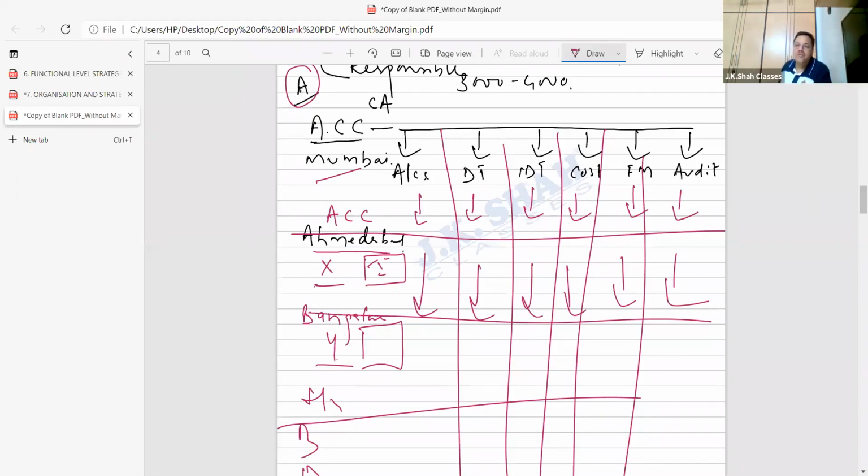Are bolo, samajh mein aa raha hai? Then, bacha, in some other part of the country you want to do, you can do it accordingly. Result is what? A bigger structure gets established. Matrix structure. Listen, can anyone tell what is the drawback of this structure, beta?